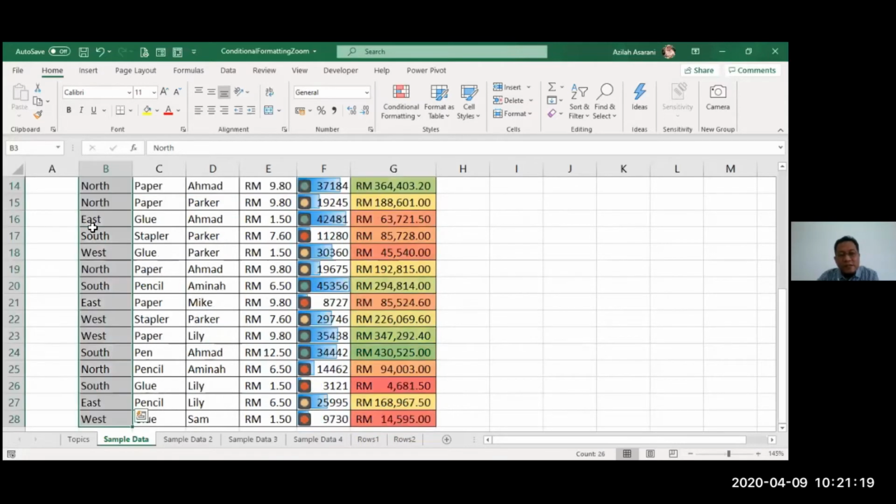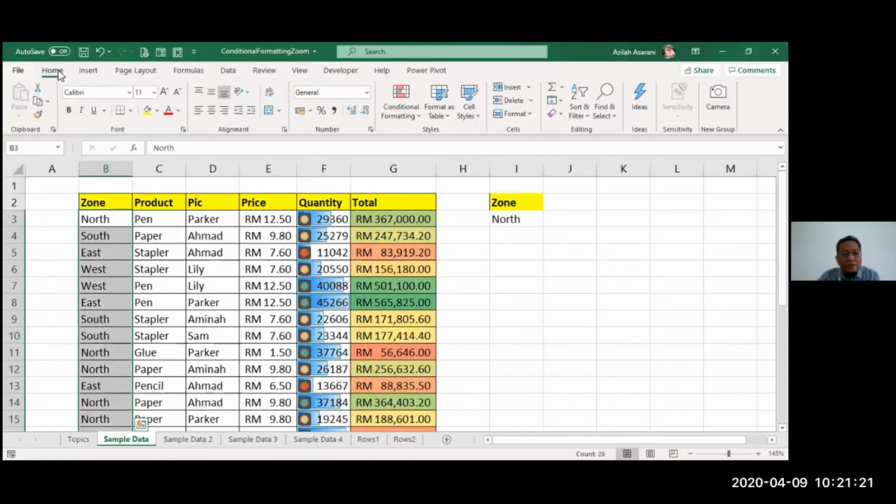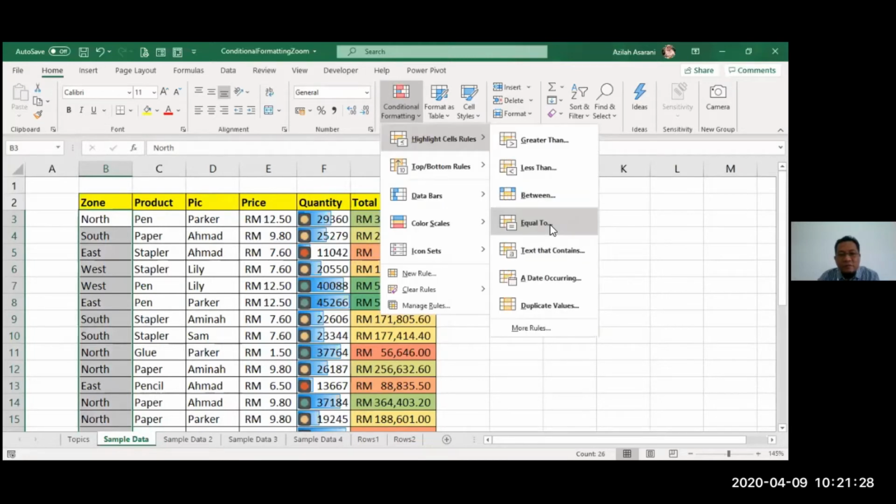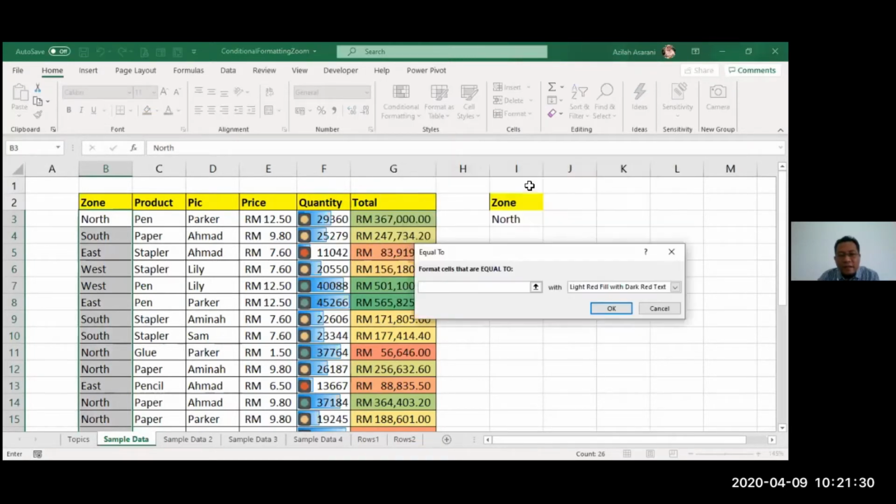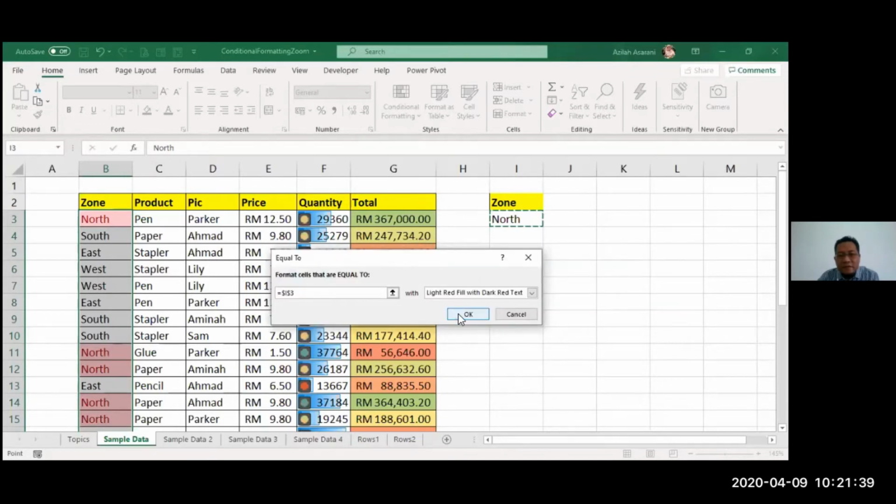So I'm going to select that. I'm going to go to Home, go to Conditional Formatting. See this? Equal to, and I click at that North. See what happened? See that? All the norths are selected. When I press OK,